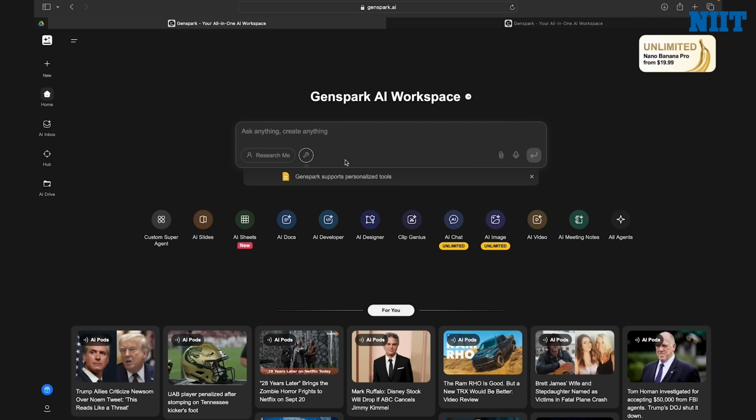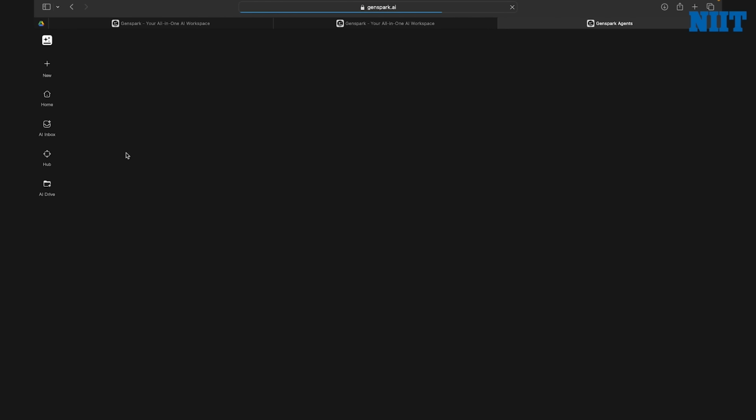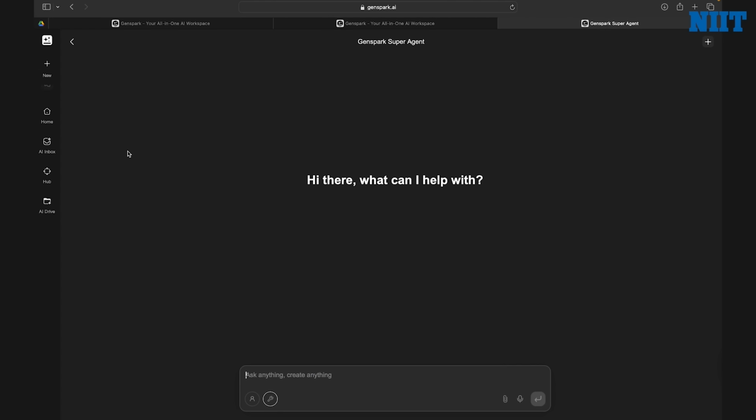So we are going to start with the core idea of Genspark, using an AI super agent that can research and produce complete outputs from a single prompt. On the left hand side, just click on the new button and select the super agent option. Now let's begin with the chat style experience. I have opened the super agent view. This is where you can ask anything and Genspark will research, summarize, and give you structured answers